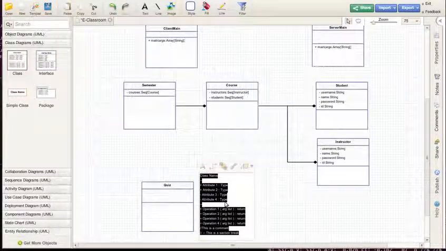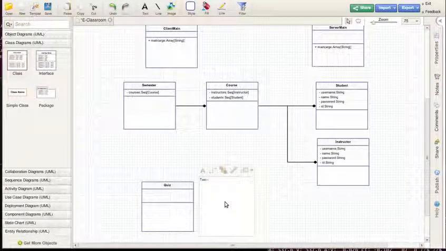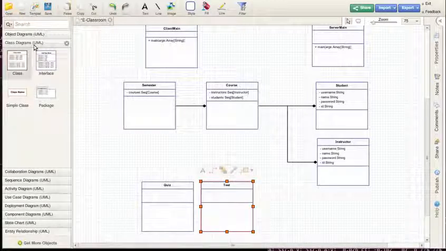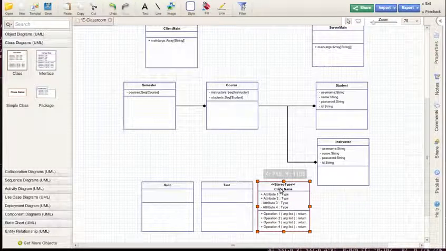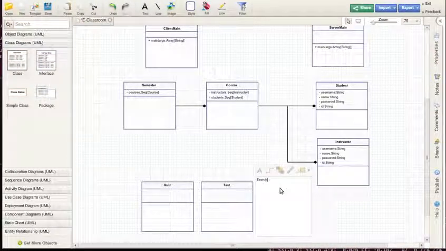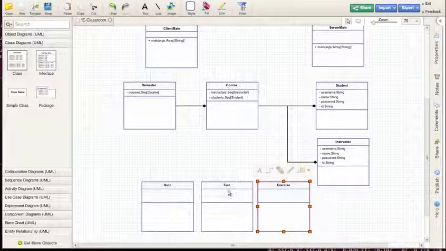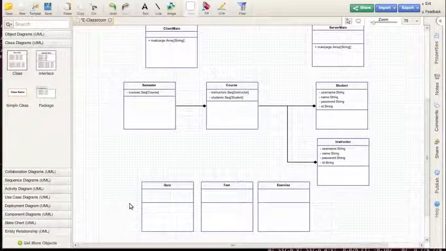a test, and we'll probably have some form of an exercise. And I'm going through this step right now without putting anything in here, just to show that in some ways we have these things and they are related to one another, and that is going to wind up being significant